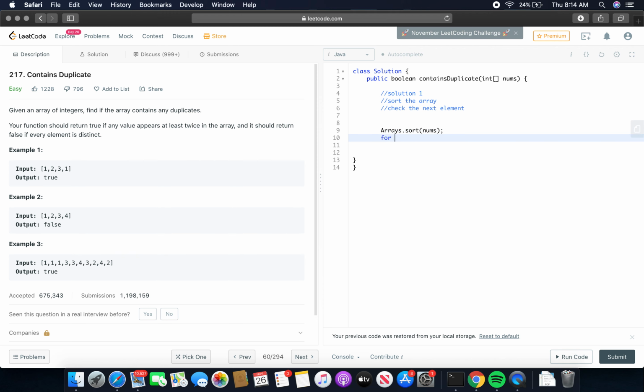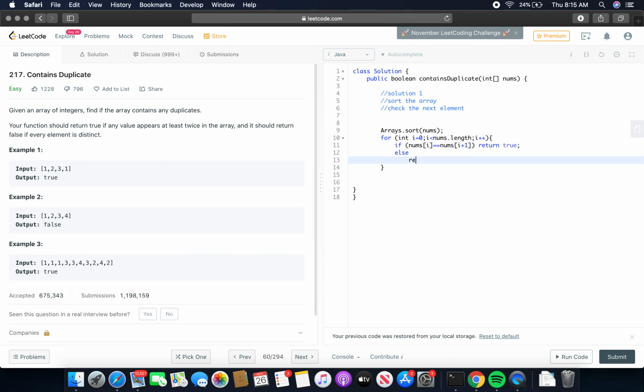Now we can iterate over each element of the array, and we just have to match the next element. So i is less than nums.length. This is our iteration loop, a for loop. So if nums of i is equal to nums of the next value, then we know that we have to return true.